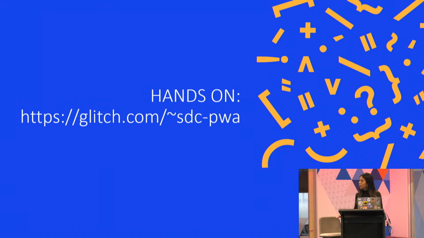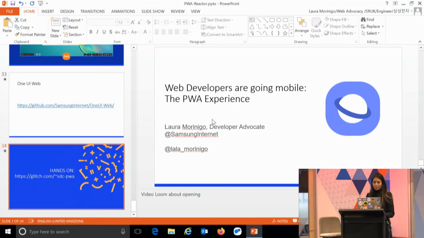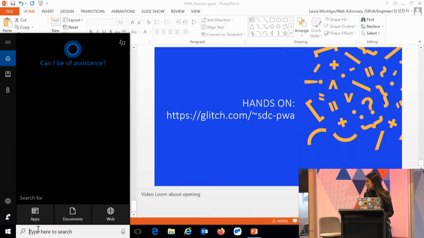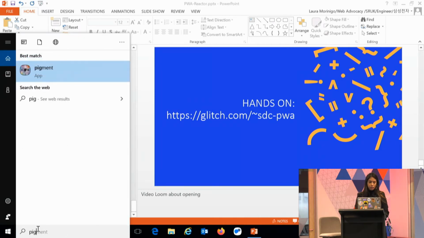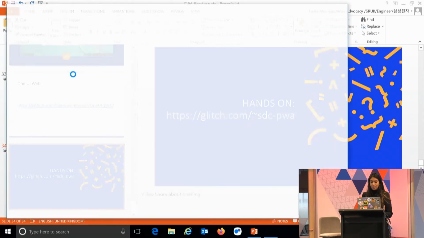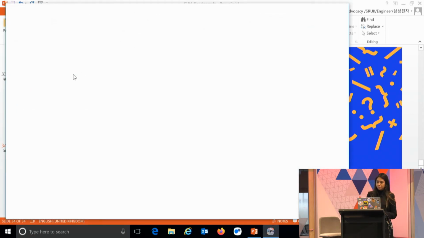So what we're going to do right now is try to build our PWA using Pigment Starter Kit, right? And let's see how it looks. For example, here, Pigment is already installed, right? So if I check Pigment, we have the app here. This same experience is in your phone, right? And if I open this here, it's going to show